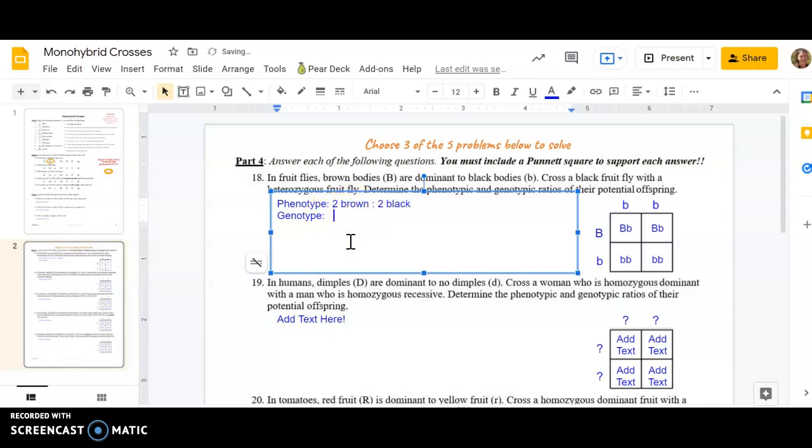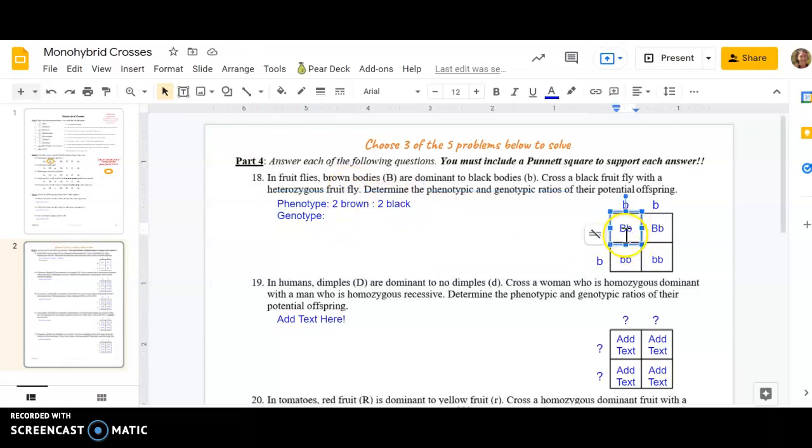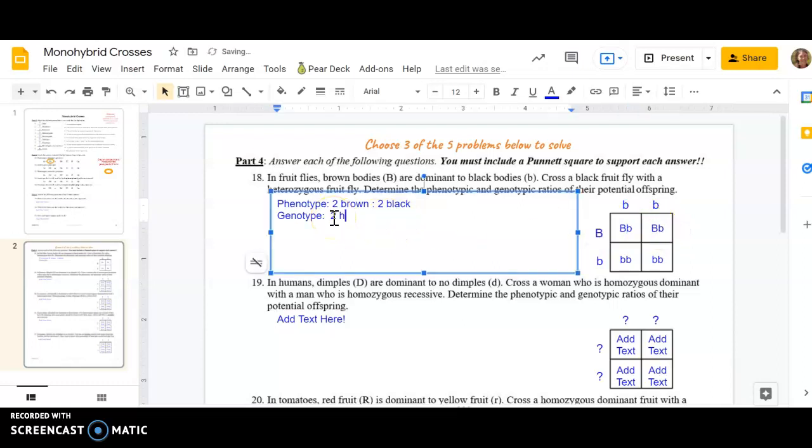Genotype is looking a little more specifically. So this is looking at the actual alleles. And so if we look here, we have 1 heterozygous, 1 heterozygous. Okay, so that is 2 heterozygous, compared to ratio. We have little b, that's 2 of the same. So that would be 2 homozygous recessive. And again, you could also put, and I'll put it in parentheses here as a reminder,